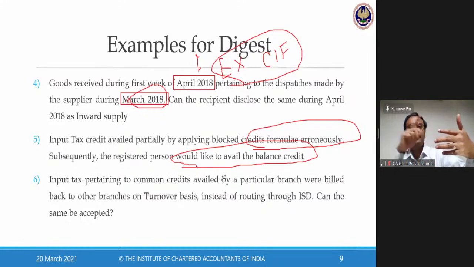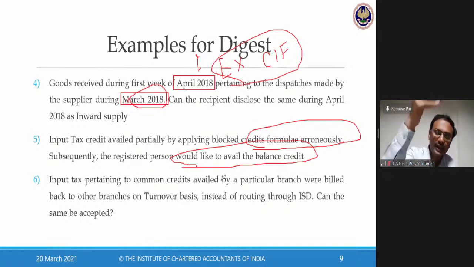So, can I take back that particular excess reversal? I would say, as a practitioner, don't claim that excess credit. Write a letter to the department and claim a refund under Section 54 for whatever credits you have reversed in excess. So there is an importance called disclosure, where I am showing my returns, in table 4A, table 4B. When I come to the respective form, I'll show you practical examples, practical issues we will come across.